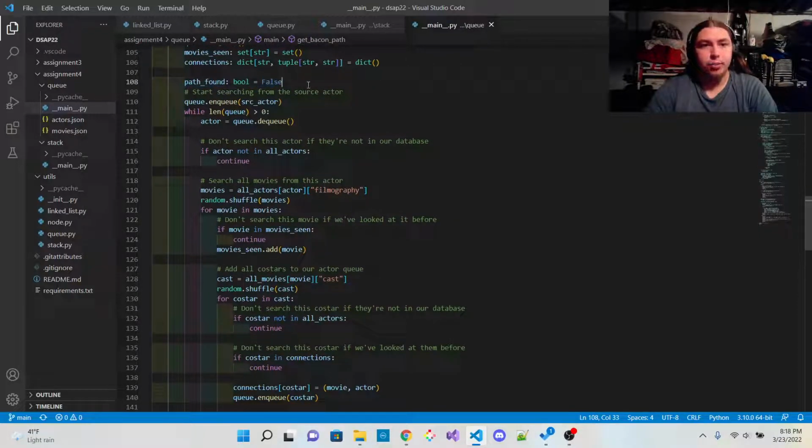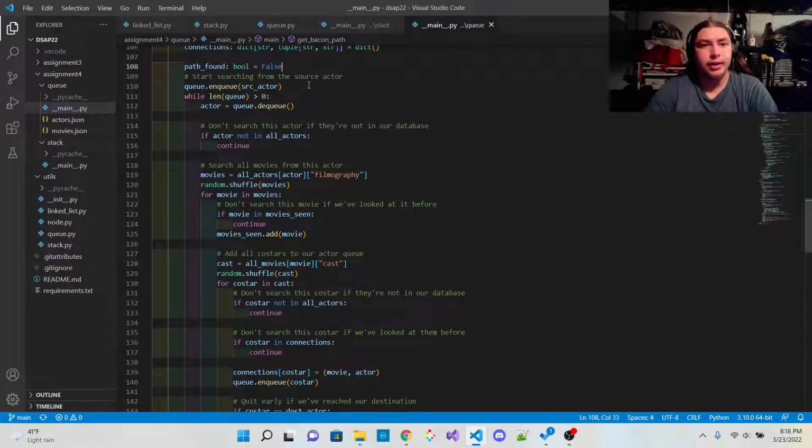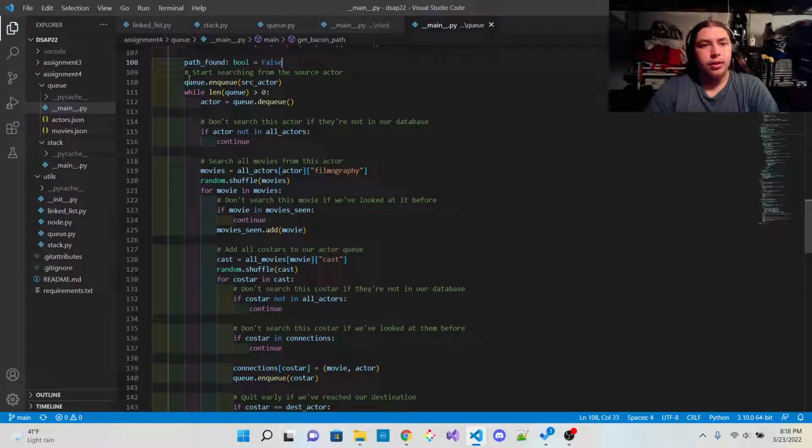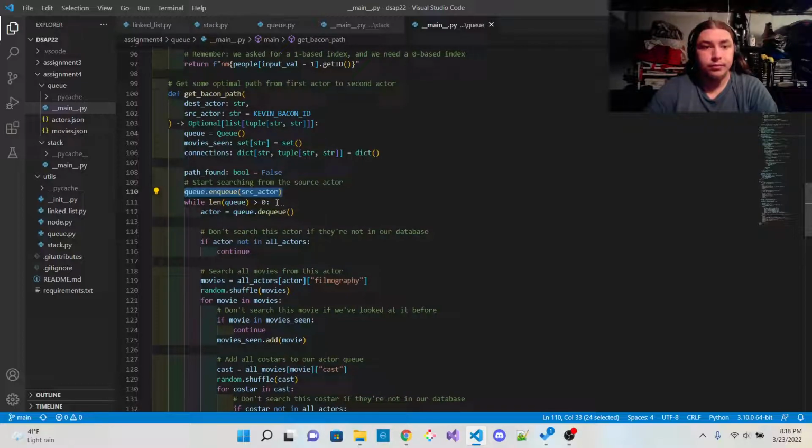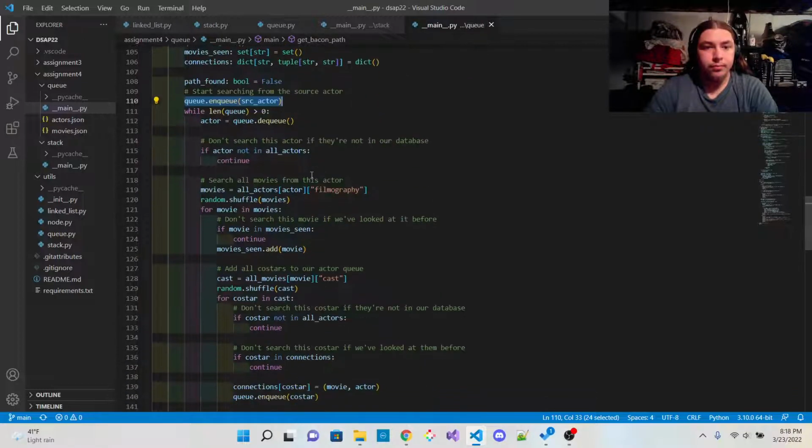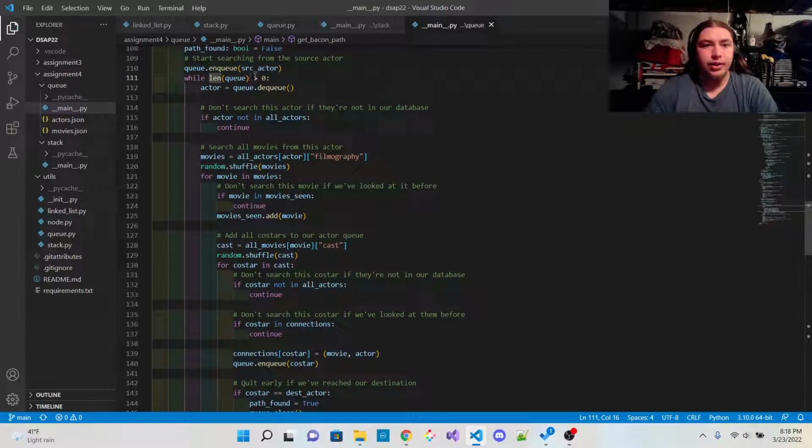We initialize a Boolean that's false initially. That represents whether or not we found a path yet. We put the source actor, Kevin Bacon, into the queue, and then while the queue is non-empty,